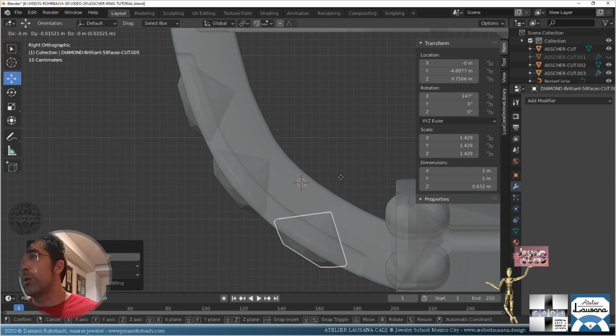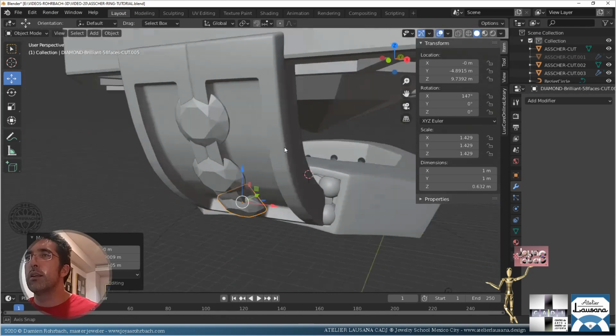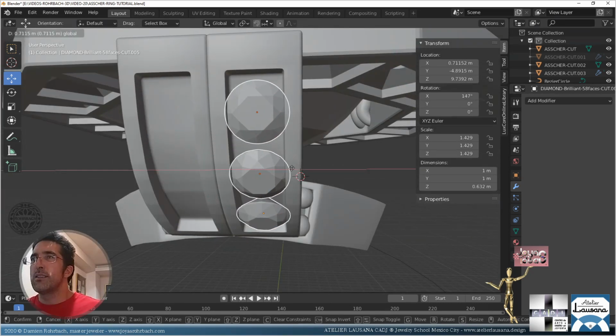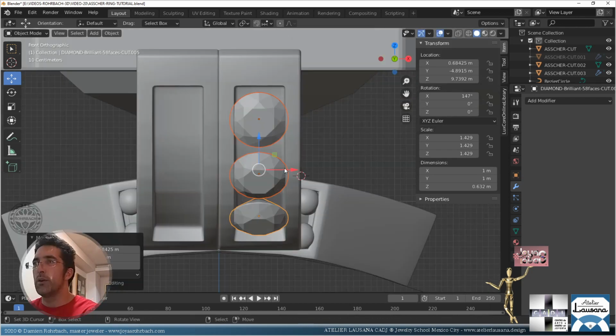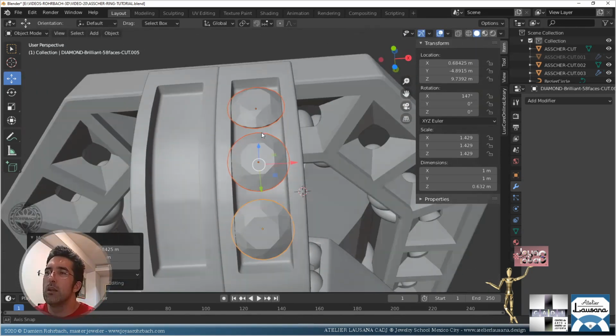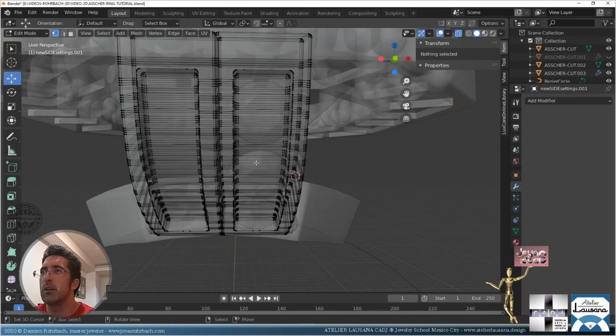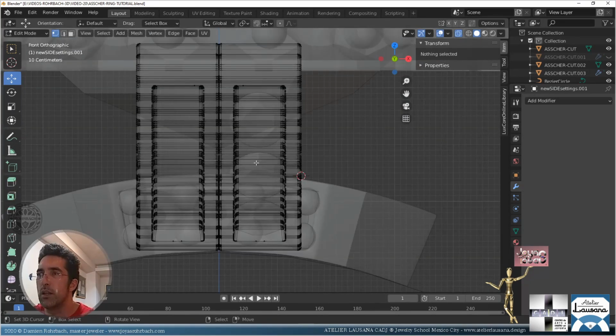Okay, we're pretty good there. Now we're going to move these guys in place here. The edge is taking, okay, so I can correct that. Actually, I still can correct that now. I can make